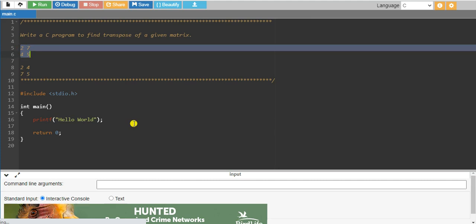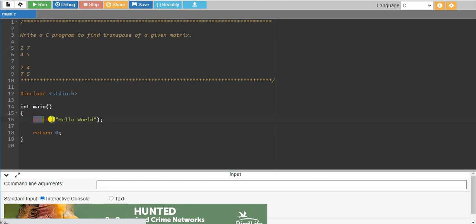We have to declare an array for that first, then we have to take some variables like rows, columns, then i and j for loops. So let me write the code for this transpose of a given matrix.